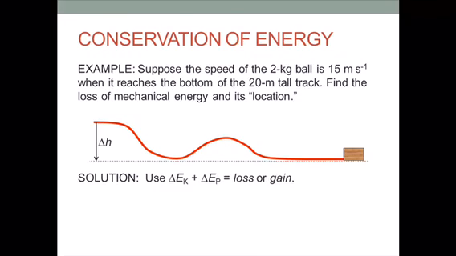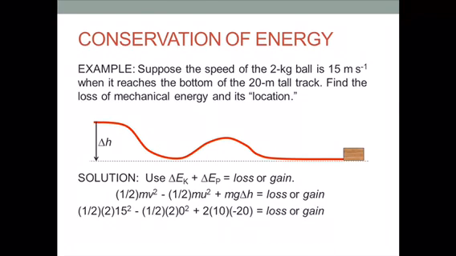So we know that from conservation of mechanical energy that change in kinetic energy and change in potential energy together equal to zero if there is no drag. However, since we are told that there is loss of mechanical energy, the sum of the changes in kinetic and potential energies actually equal to either loss or gain. So we need to use the formulas for change in kinetic energy and change in potential energy, which is what you see on the screen right now, by plugging in